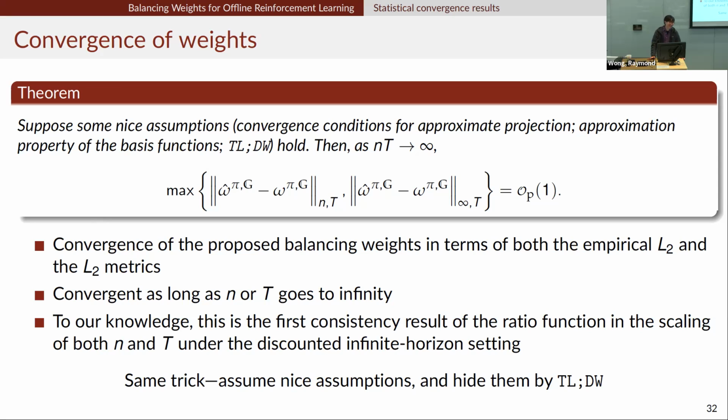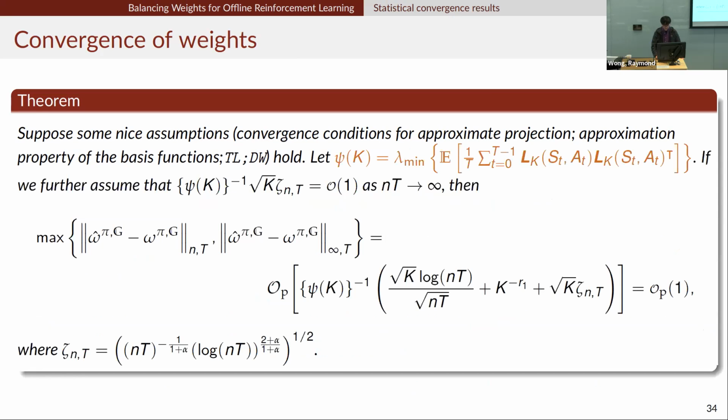Okay, in selecting the condition to display, there's one crucial condition that I should actually display. Now let's look at this. This is a fuller version of the one that I showed in the previous slide. This term shows up: the minimum eigenvalue of the expected Gram matrix of LK. If you recall, we had questions about LK, this transformed basis, and we don't know what it's doing. And actually it shows up here.